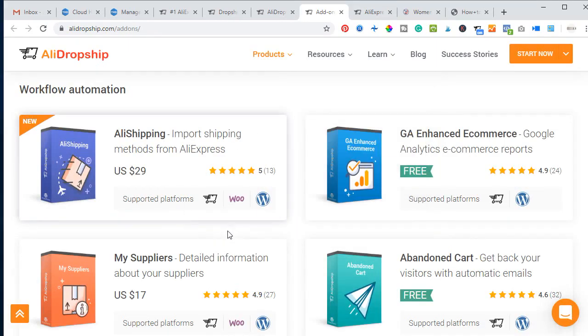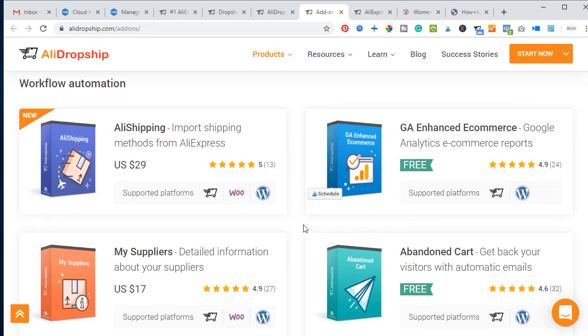Now the difference between this and Shopify is that it is cheaper, and it is a one-time purchase. You don't need to pay a monthly fee or monthly subscription. Like Shopify, where you have to pay a monthly subscription, and that is what not everybody can afford. Because if you cannot afford to pay the monthly subscription for the first 2 months, that means you cannot become a dropshipper. Just like the add-ons we have on Shopify, you have different kinds of add-ons